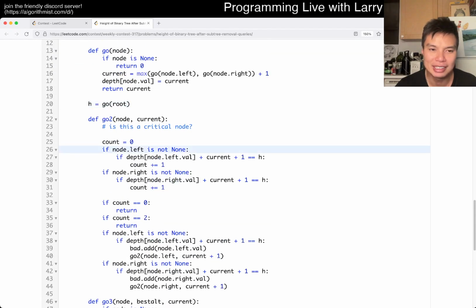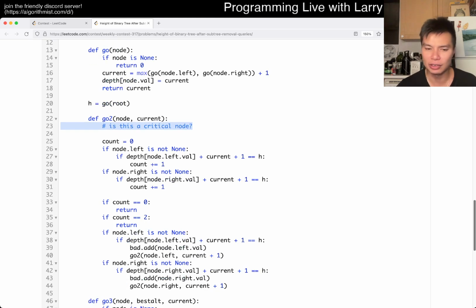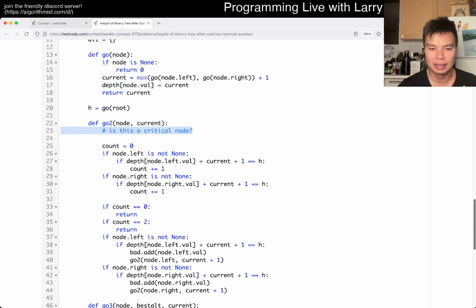The second depth first search that I did is this depth first search. Basically this function is just responsible for saying, is this a critical node? Actually, it's not quite what this function does, but that's what I was trying to keep myself on track on. What it actually does is say, is my left node a critical node, or is my right node a critical node? Either of them, right? And what I mean by this is, and this is just the way that I thought about it, is that if,